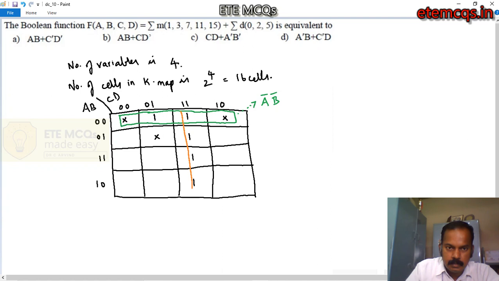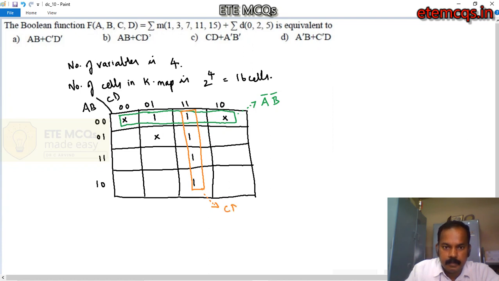So this grouping is fine. Now all the ones are grouped, and the product term that corresponds to this grouping is CD, since A and B change completely throughout this particular column and CD remains constant.